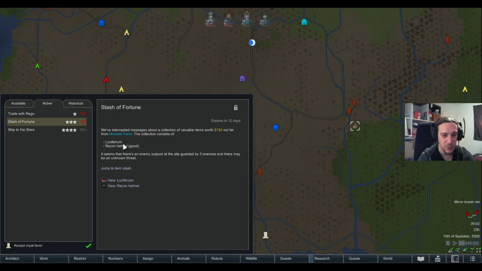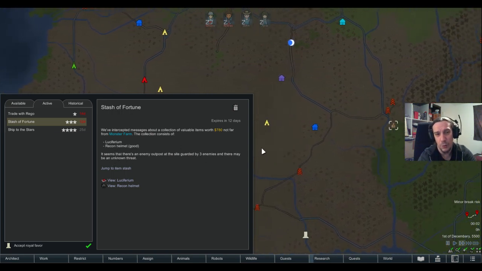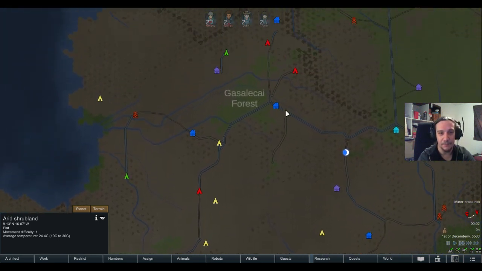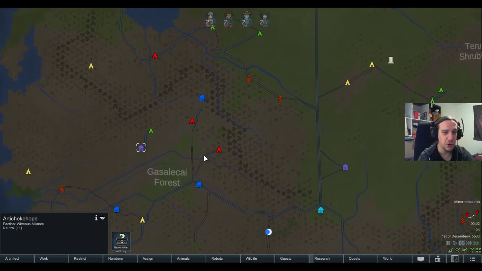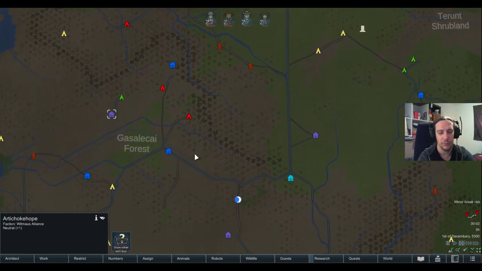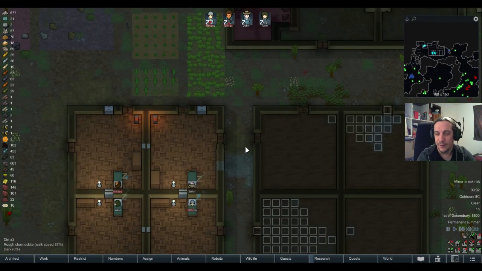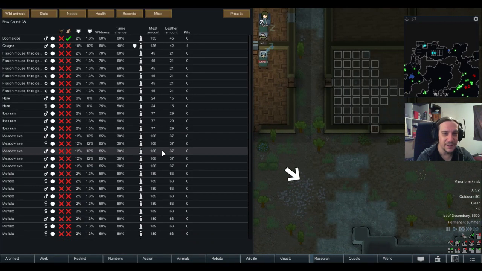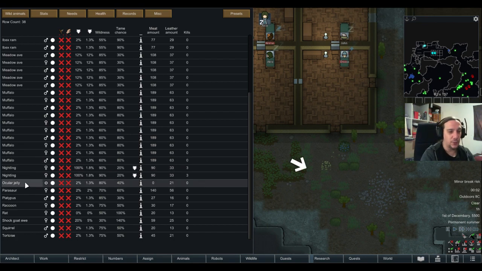There's an item stash with Luciferium guarded by 3 enemies. That recon helmet is quite juicy though. Nicholas would like that. But apart from that, I could only go to Artichoke Hope. Is this a joke? I love this game. The names are just a part of the. Oh, we have